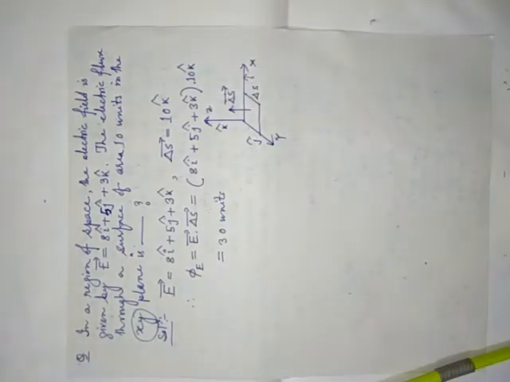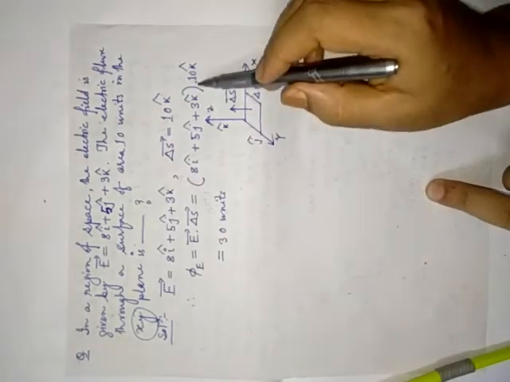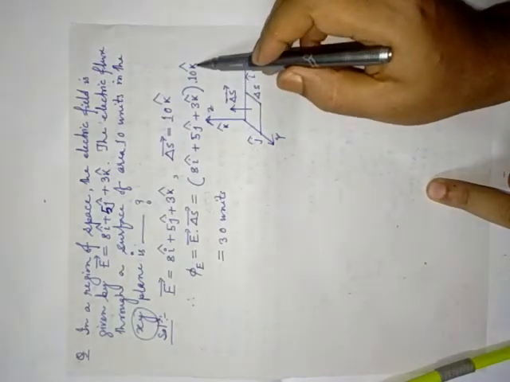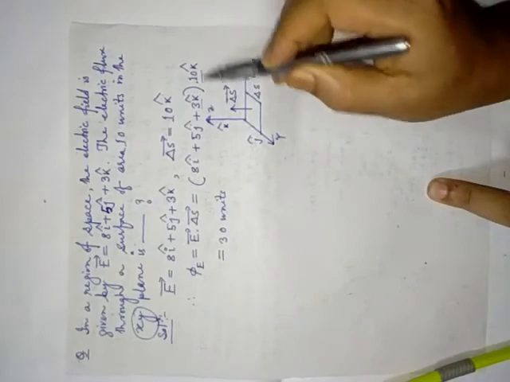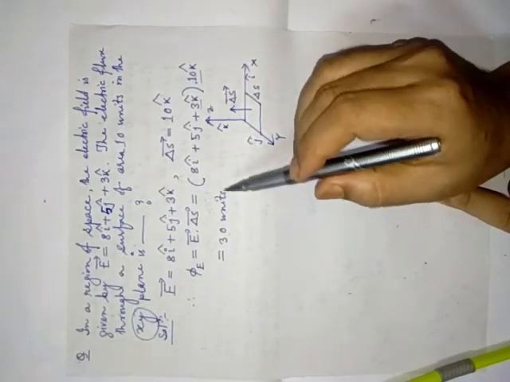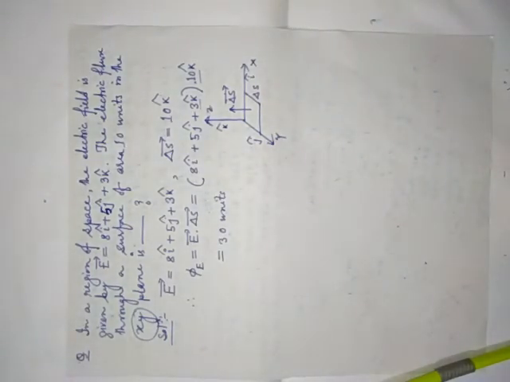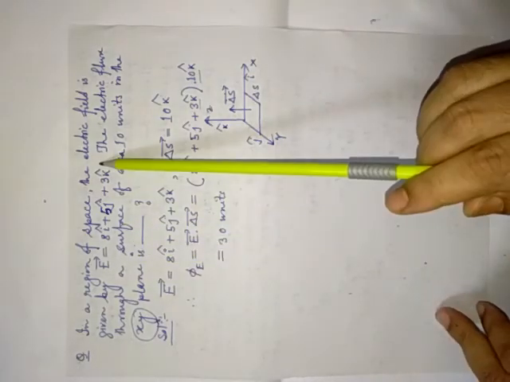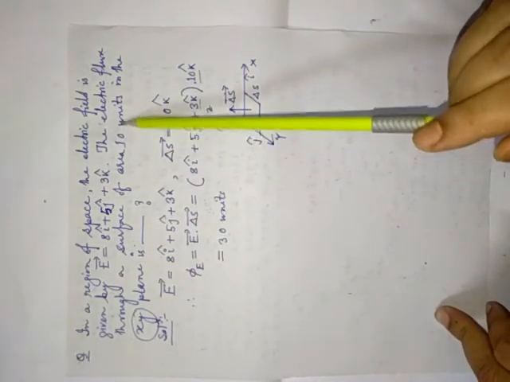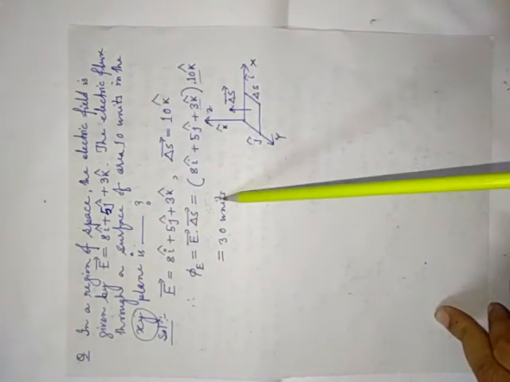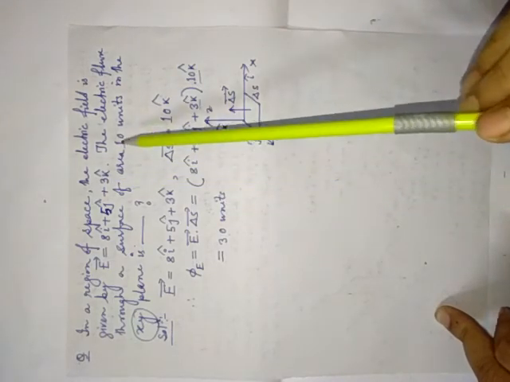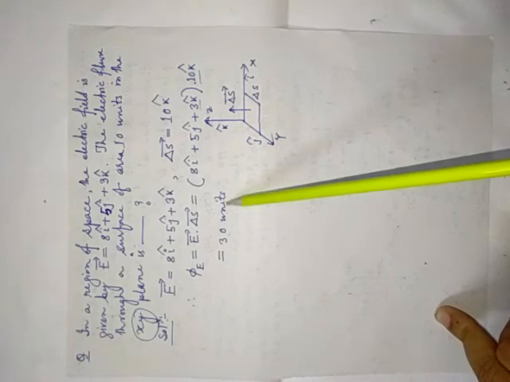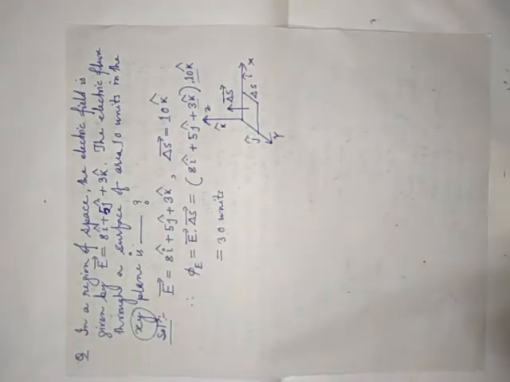Now see, here i cap dot k cap is 0, j cap dot k cap is 0, k cap dot k cap is 1. That is why 3 into 10 equal to 30 units. Normally if in exam units are given, suppose E equal to Newton per coulomb and 10 is equal to certain centimeter square or meter square, then you have to write down here Newton meter square per coulomb. If it is given just in terms of units, then you write down units. Okay, and these are the two numericals.